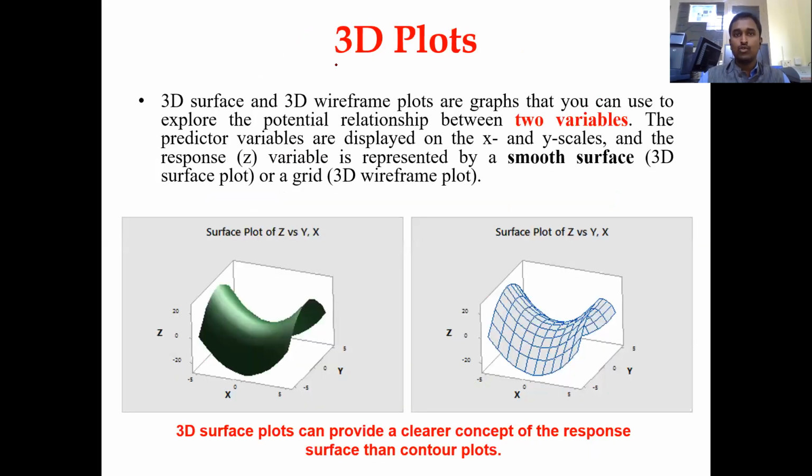Coming to the next plots, the most popular plots called 3D plots. When we say 3D, usually we are using two axes in a graph, one is X and the other is Y, which make two-dimensional graphs. When you use the third axis called Z, these are called three-dimensional. That's why you can see here X is there, Y is there, and also Z is there. Using three directions in a graph is called a three-dimensional graph.